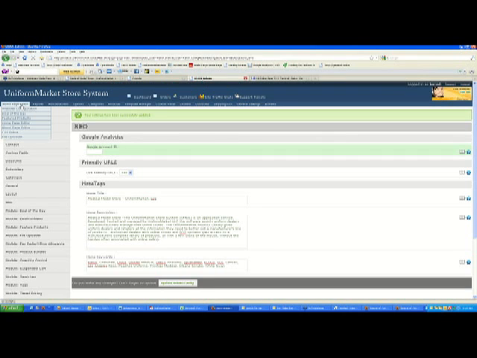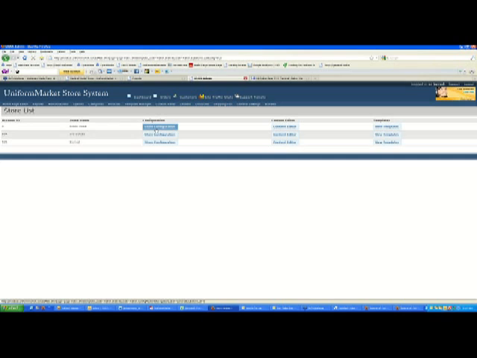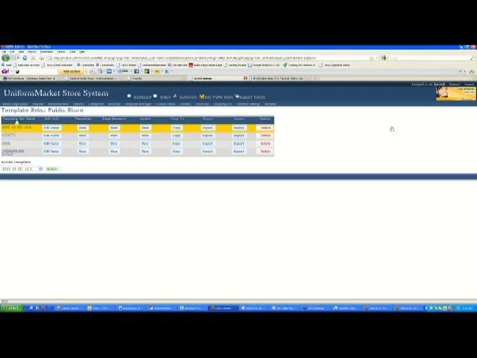So again, I got to this spot by going to website configuration. I click store configuration, and I get to all those areas that you can make minor adjustments to your site and set your SEO. Content editor is where we went in and made all those adjustments to the home page. And there's this view templates that I am not really familiar with because this actually requires a little more advanced knowledge of HTML. And I don't know HTML. So what we're doing at Uniform Market is we are making it so that people that don't know HTML can actually make significant and major changes to merchandising their store. But for those of you that do know HTML and want to even do more work,